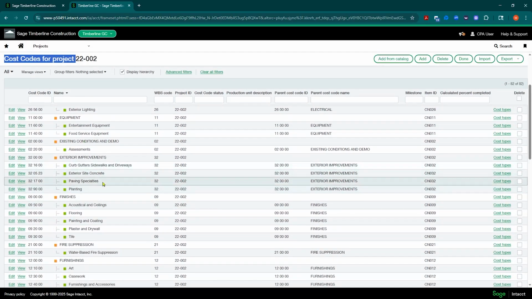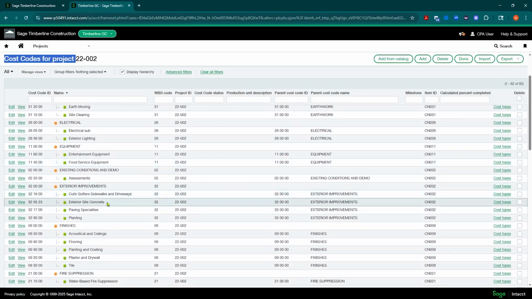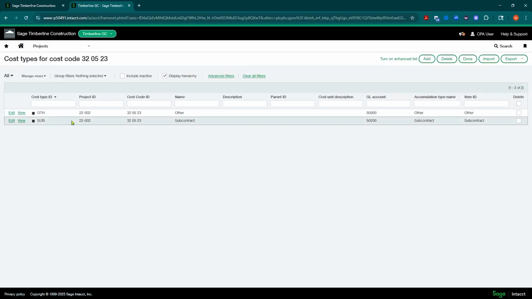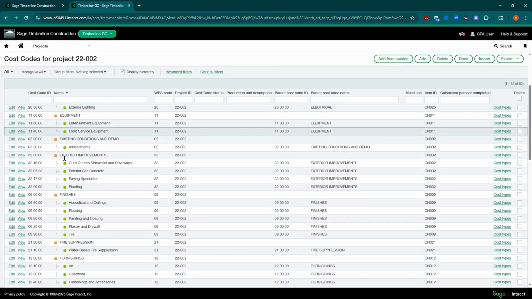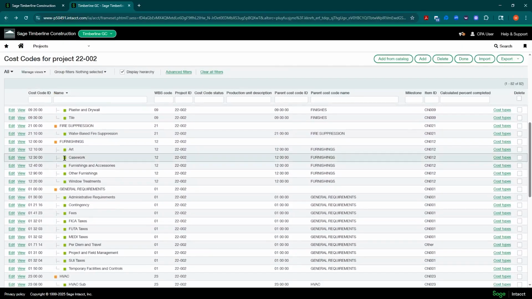I'm going to check some of the ones that I have labor on that I'm going to want to test. I haven't looked at this yet, so it might not be labor, but let's say we perform labor for the exterior improvements. Over on the right, I can look at the cost types and make sure I have the labor cost type. It looks like I picked a sub one. I knew I would do that. But basically any one of these that you're going to have labor on,